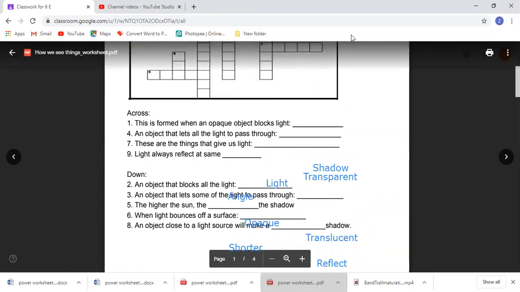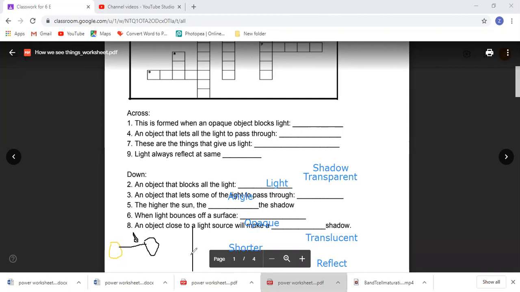So now you need to learn a concept: the distance between the light source and the object basically determines the size of the shadow on the screen. If this distance is smaller, the size of the shadow will be larger. And if this distance is large, then the size of the shadow will be small. So this relation is inversely proportional.